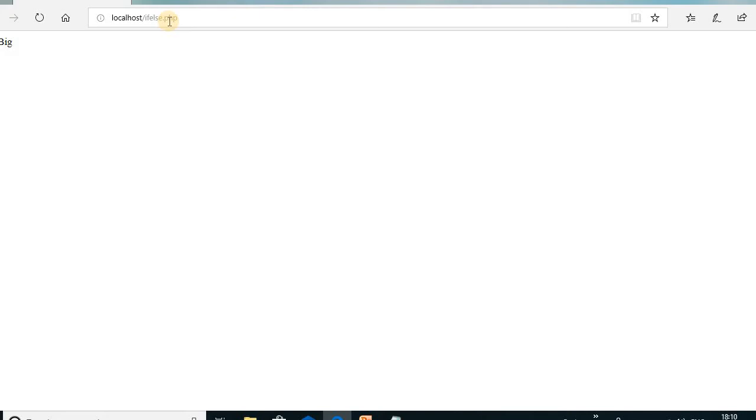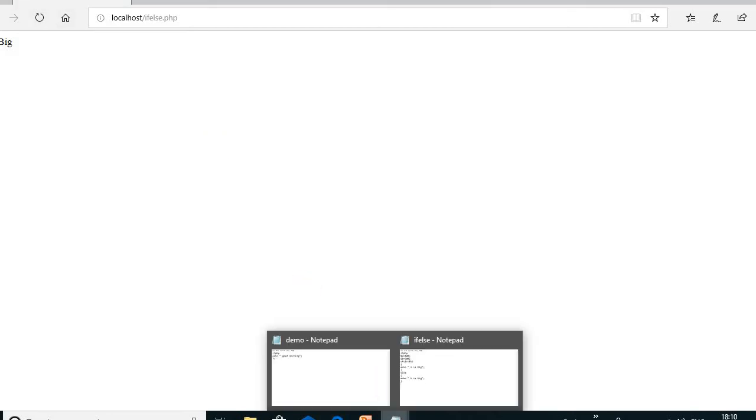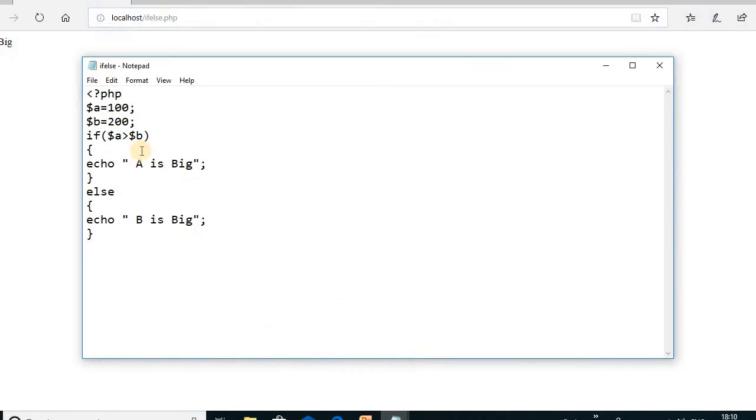Okay. After executing the program, it says that B is big. It means the second number is big. In our script, we wrote A is 100 and B is 200. So obviously, after checking the condition, B is big.